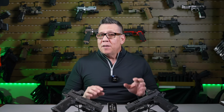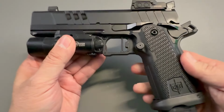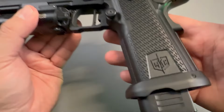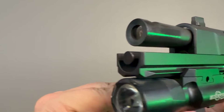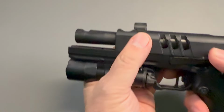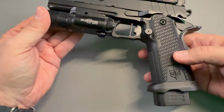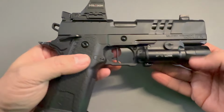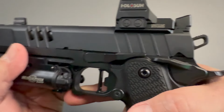Now, let's start off with the Mac-9 DSD Comp. Mac is really aiming to offer a 2011 style pistol with high-end features at a much more approachable price point, at about $1,079 MSRP. This thing brings a ton of value. It's got a forged steel frame and slide, a 5-inch bull barrel with an integrated single port compensator, and a single action trigger setup. The internals are 70 series Colt and STI compatible, which makes upgrades and part sourcing extremely easy. It also comes optics ready using the Agency Arms AOS plate system, which is a great feature to see